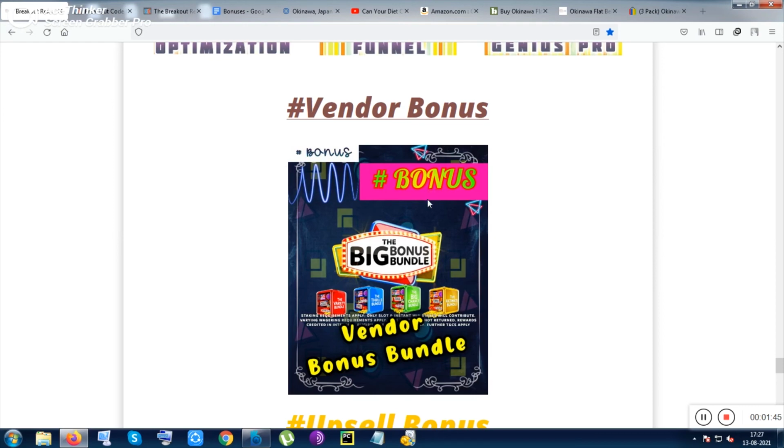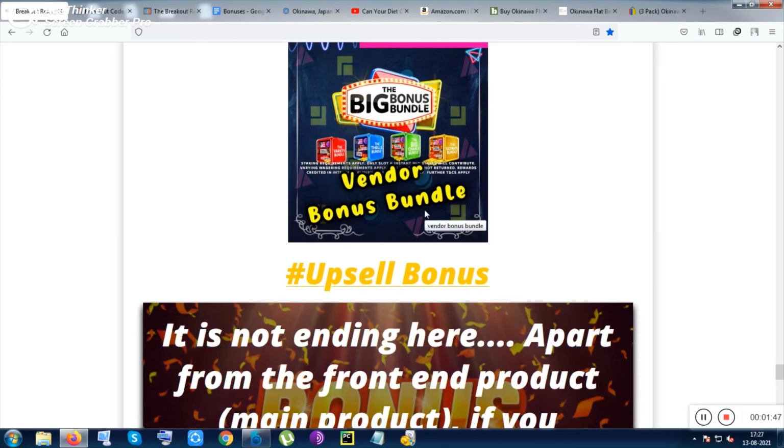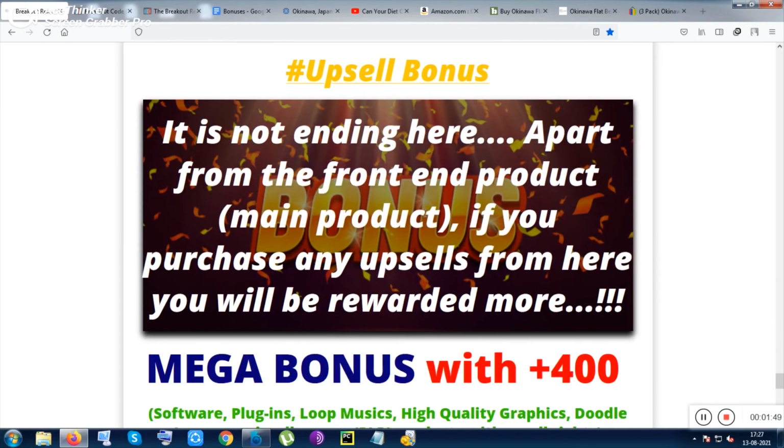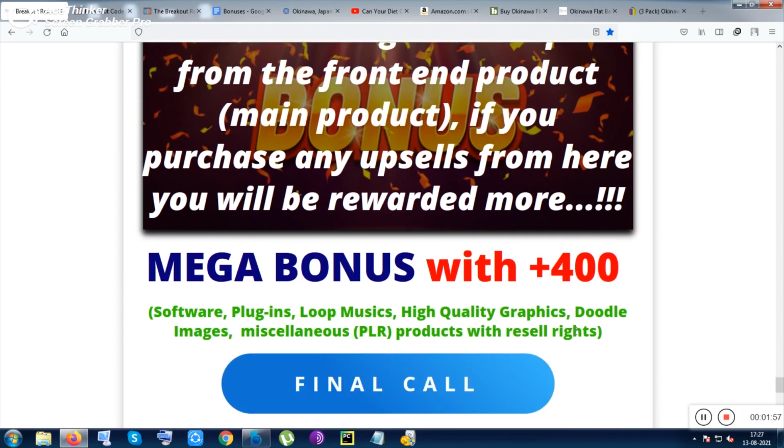You can purchase from anywhere and you will automatically get the vendor bonus. And if you purchase any of the upsells of this highly recommended tool, you will be given the 400 plus stuff, the mega bonus box. So that is all about this tool.